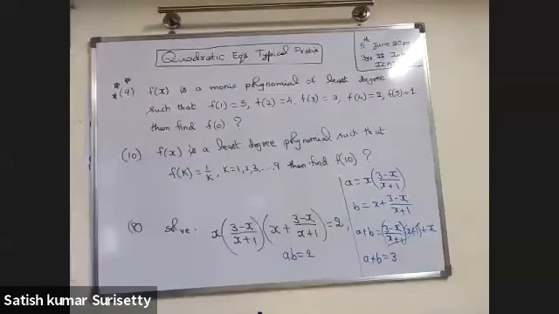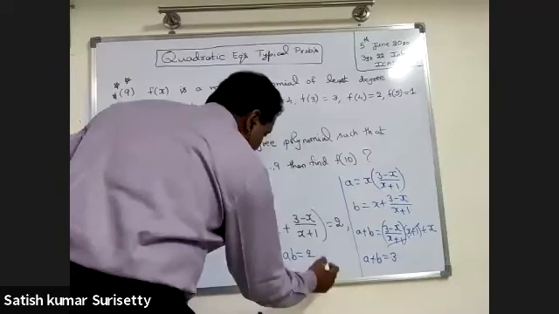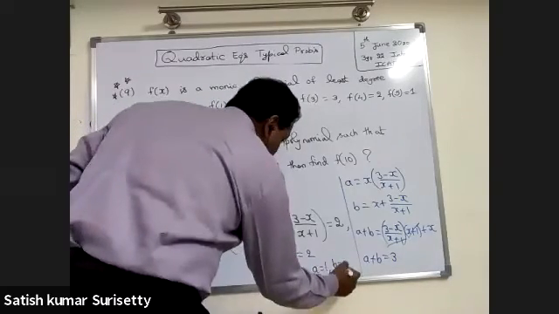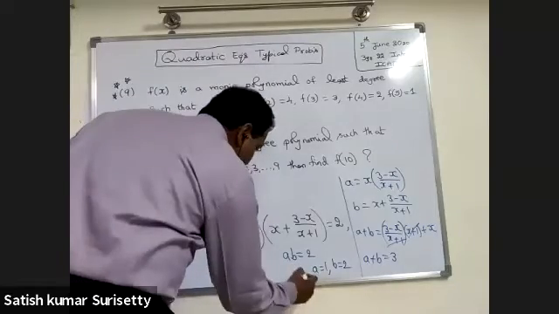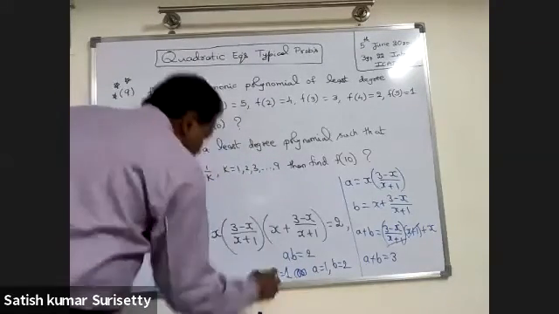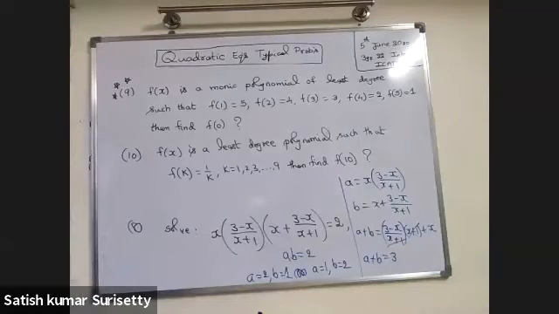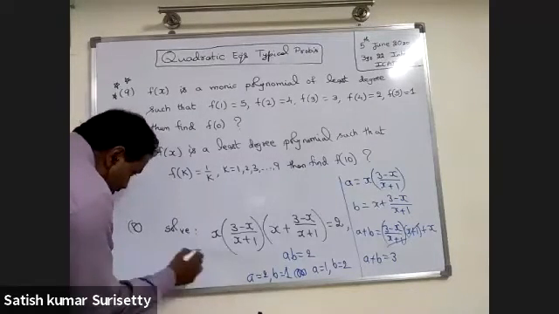Then what are the values of a and b? Either a equals 1 and b equals 2, or a equals 2 and b equals 1. Now back substitute it and solve, and check what real solutions you will get. So you will find that only x equal to 1 is the only real solution.